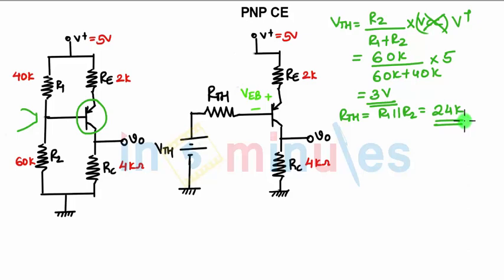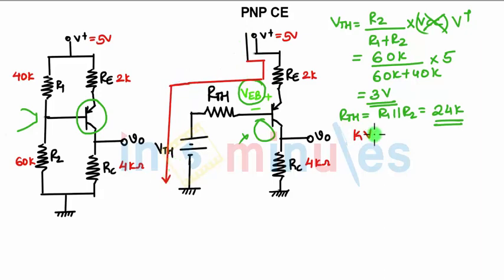Now in this case you need to first identify the base emitter loop. So wherever you have VEB, in that loop you need to apply the KVL, because we don't know the voltage between base and collector, so we cannot apply KVL in this loop. So we need to start applying KVL from which point? From this point we will apply KVL till this point. So this is our KVL loop. So we say KVL to the emitter base loop, because we are starting from emitter, we are going to base. Emitter base loop. What will be the equation? Again I can write in short form.